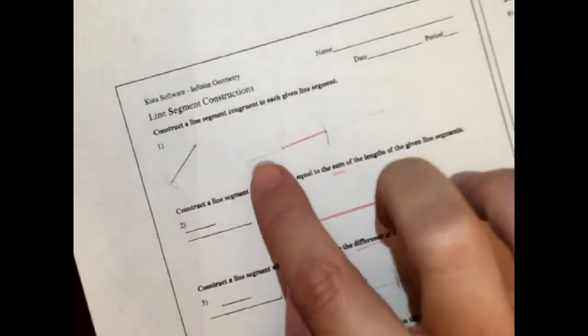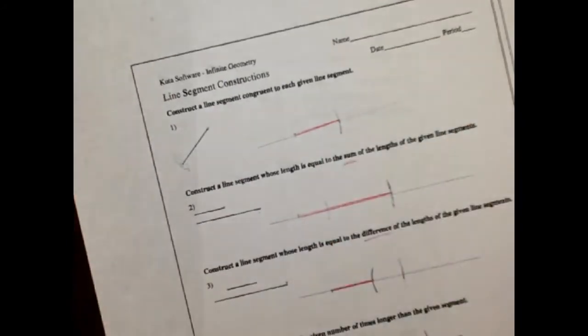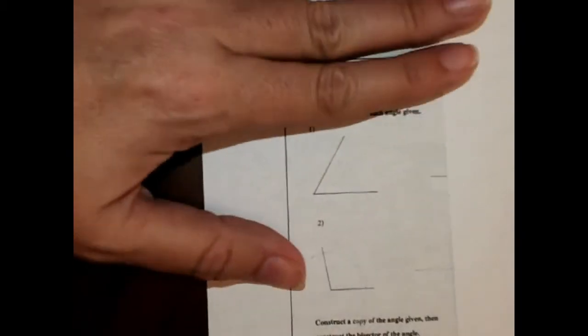And just like I said on our previous video, you need to make sure you leave your construction lines, you leave your angles in there. Do not erase those. Also, do not try to fake me out. You have to be using the compass and the straight edge. It doesn't look the same if you don't, and this is about using this technique. If you don't use the straight edge and the compass, that is literally cheating. You are not doing the assignment, and you have to do the assignment with the compass and the straight edge